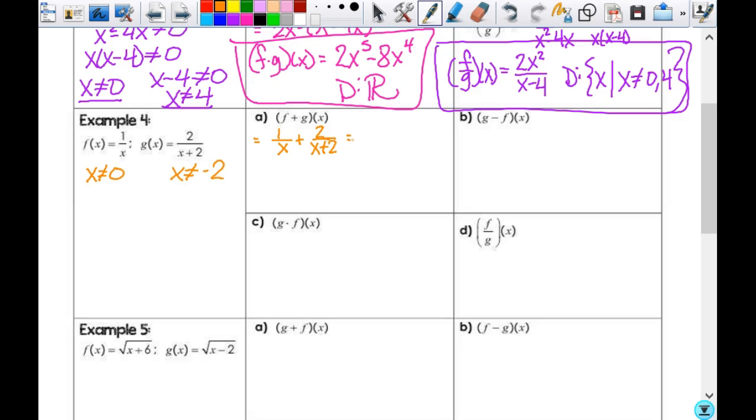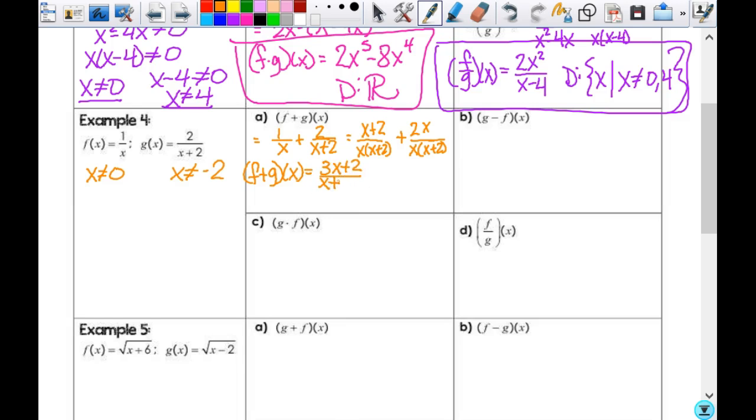All right, so what do I need to multiply this one by to get my common denominator? X plus 2. So x plus 2 over x times x plus 2 plus 2 times x over x times x plus 2. Now, do I have to distribute that x in the denominator? No, it's actually better not to sometimes in case I can reduce something in the end. I just have to factor it right back out. So I can just leave that like that. But I need to combine my numerators, so f plus g of x is equal to 3x plus 2 over